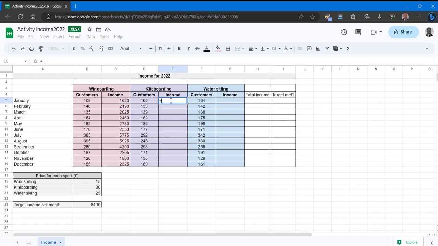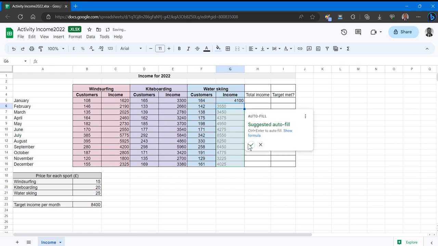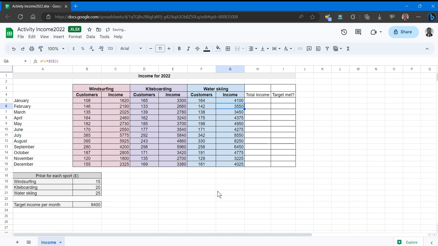So select your cell, equals D5 multiplied by B20. Let's lock this in place by absolute reference, hit enter. Again, equals F5 multiplied by B21. So on my keyboard, that's Shift 4 to lock that in place to get that symbol. So there we have income for each month